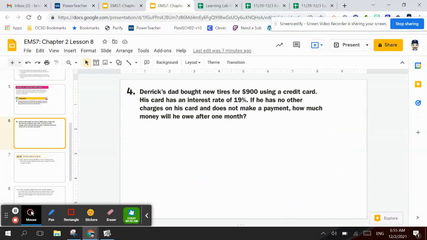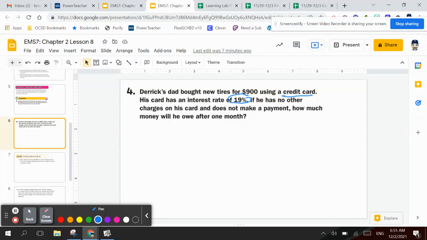Look at example 4. It says Derek's dad bought new tires for $900 using a credit card. His card has an interest rate of 19%. This is why we don't use credit cards very much, because the percents are astronomical. If he has no other charges on his card and does not make a payment, how much money will he